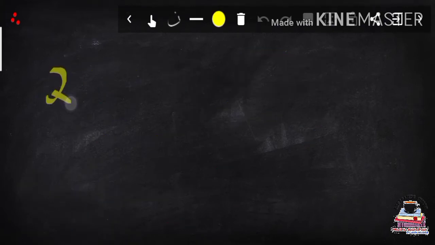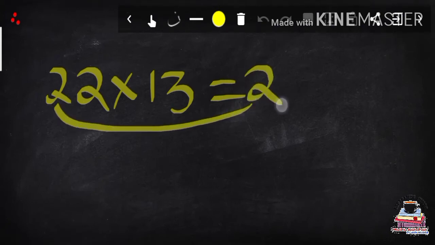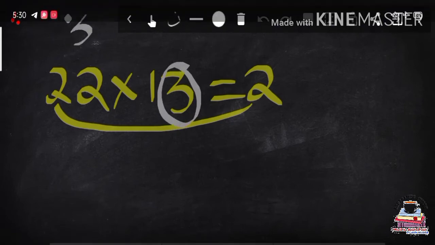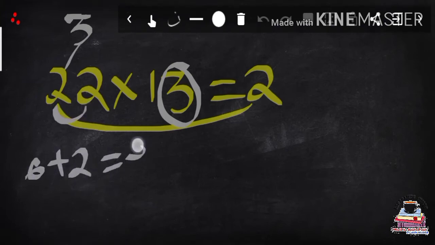For example, if we multiply 22 into 13, take the first digit of the given number as the first digit of our answer. To get the remaining digits, multiply the given digits with 3 and then sum up with the next digits. Here I multiplied 3 with 2, the first digit of the given number, so we got 6. And then I sum up the next digit, that is 2, with the 6, so we got 8.